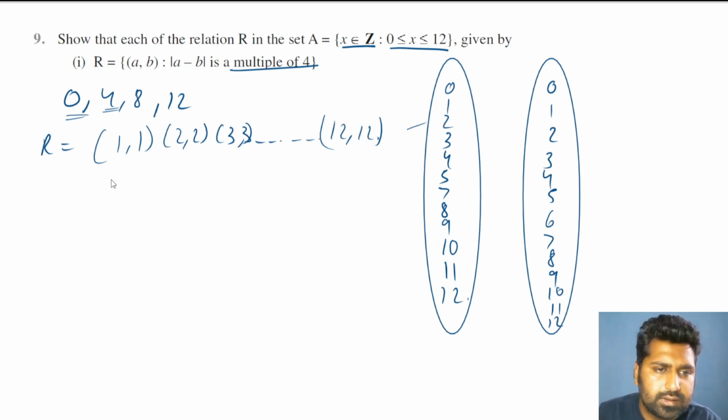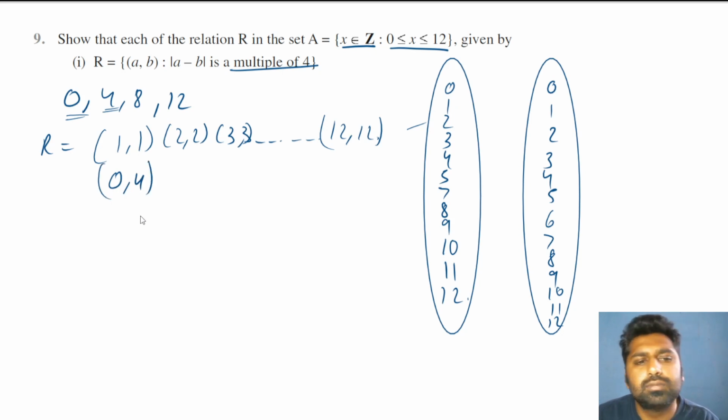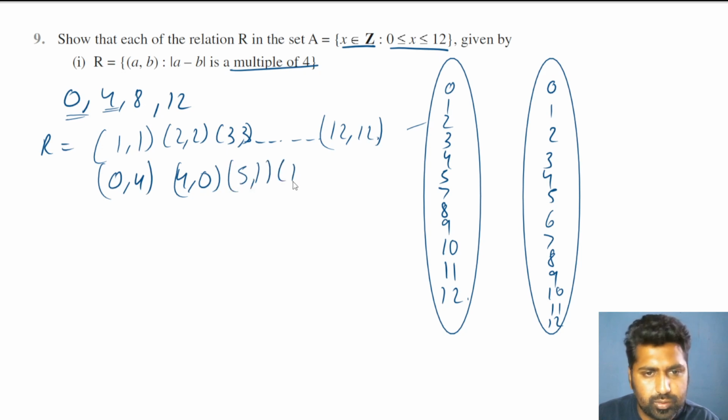So if I take, let's say, 0, 4: 0 minus 4 is minus 4, and with the modulus it is a multiple of 4. Since mod is there, I can take them in any order: 4 0, 0 4. Then 5 1, so I have to take 1 5 also, because even if I do 1 minus 5, that's minus 4, whose negative is plus 4. So it's a multiple of 4. So 0 4, 5 1, 6 2, 2 6,